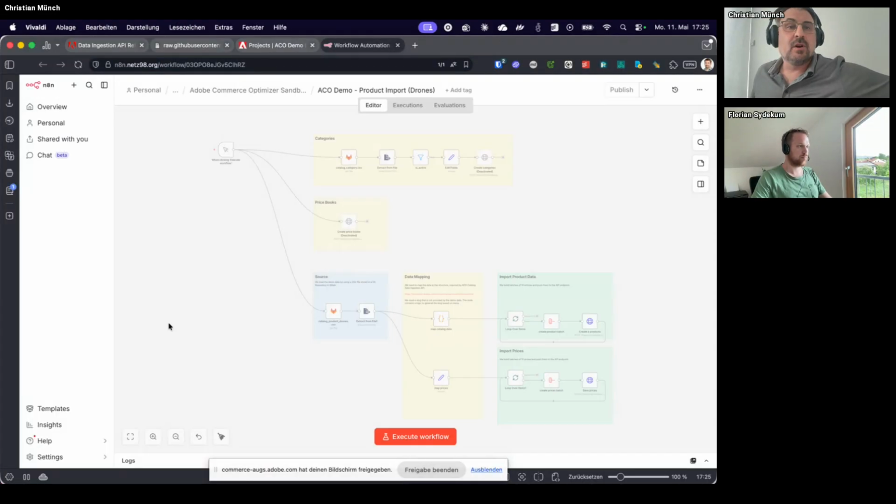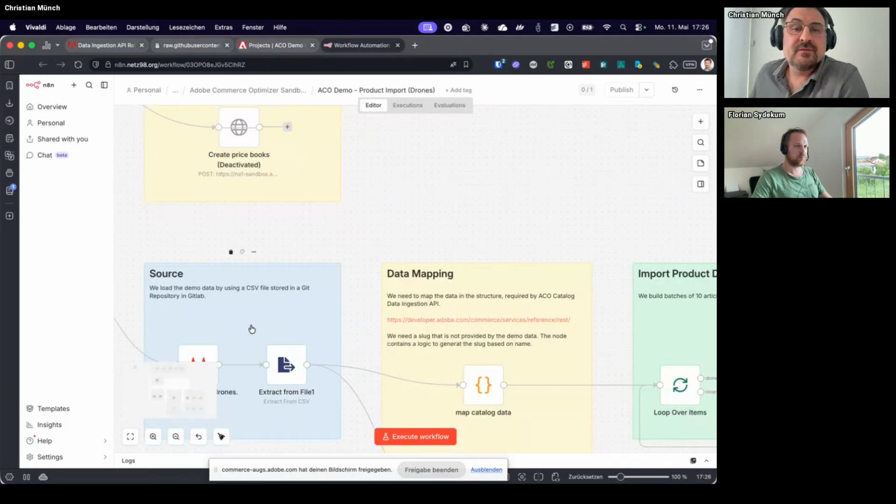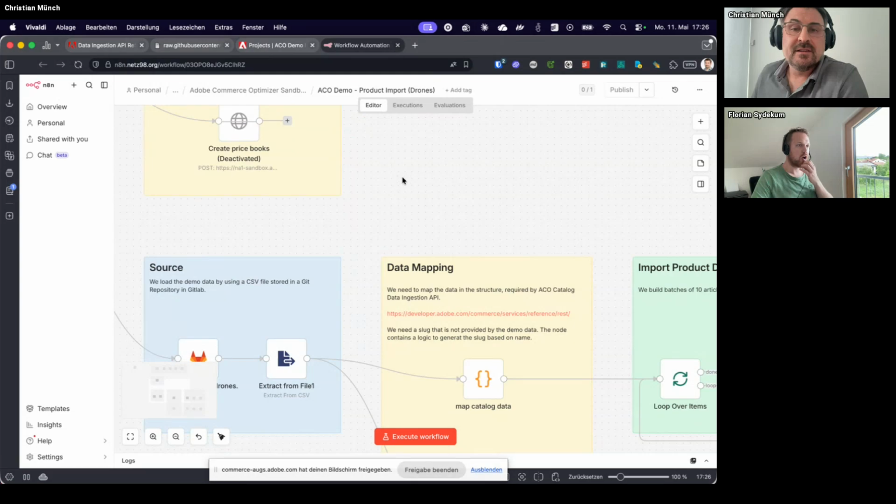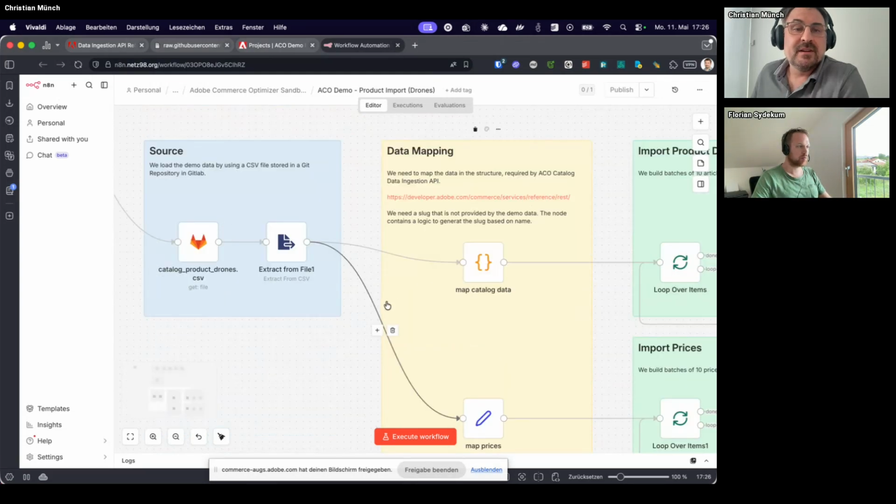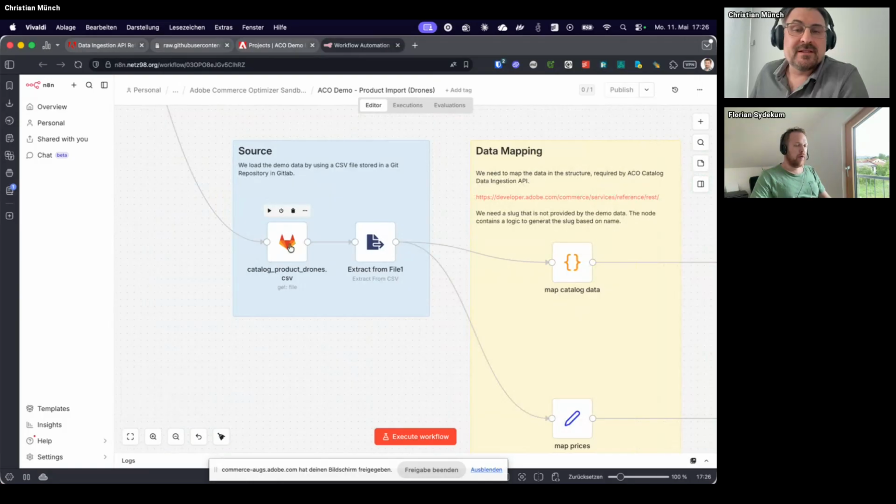It's a low-code workflow that pushes the data from CSV files to the ACO instance. That's an example. So I've added some CSV files. One here contains the master data of products and the price in one row in the CSV file.